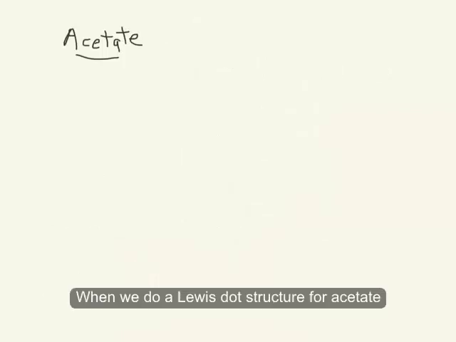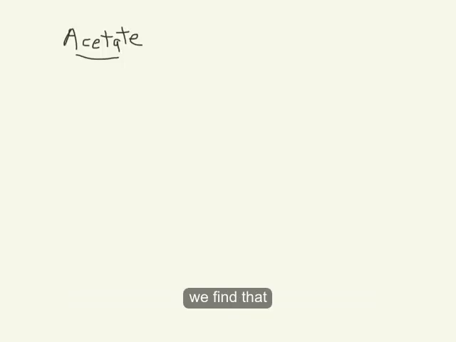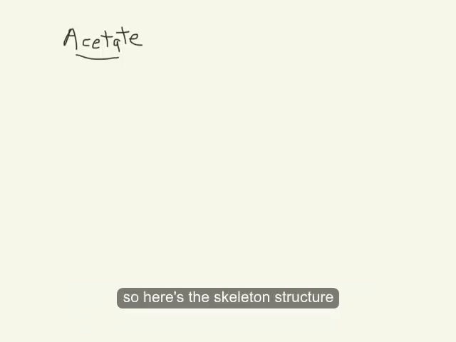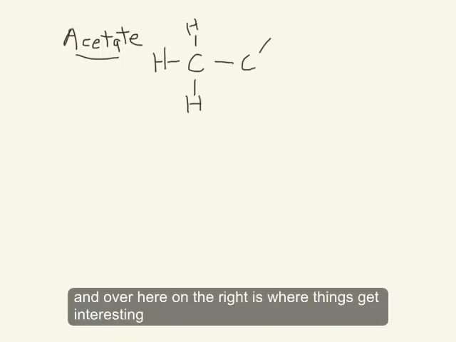When we do a Lewis dot structure for acetate, we find that in order to have the right number of valence electrons, there needs to be one double bond. So here's the skeleton structure. And over here on the right is where things get interesting,